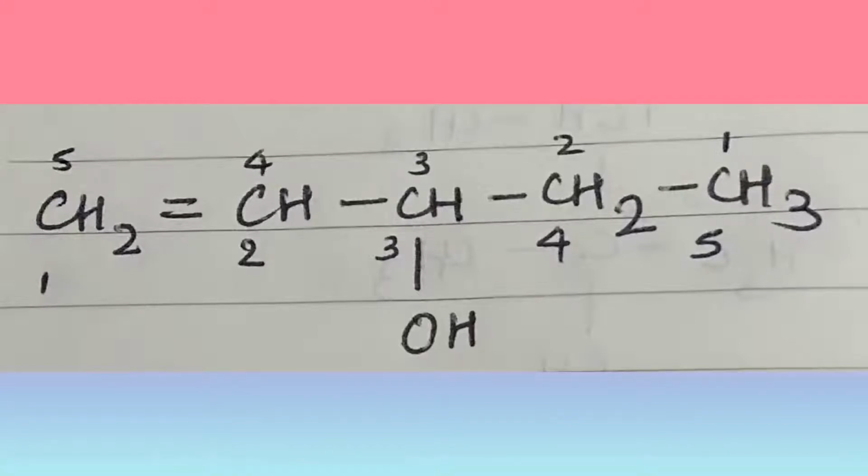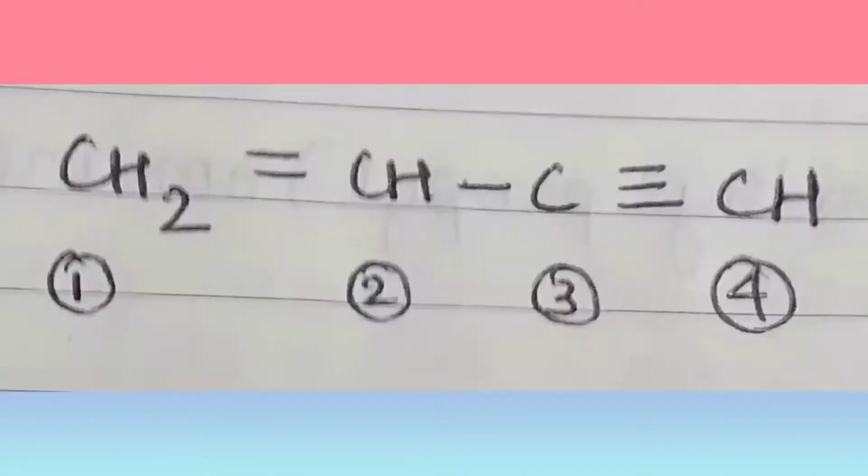Now here it's the main question of the double bond. If I go from right to left, the double bond gets the number 4, and if I go from left to right, the double bond gets the number 1. So hence, numbering from left to right, 1, 2, 3, 4, 5, the double bond gets the number 1 and the alcohol group gets the number 3. This is how we name it.